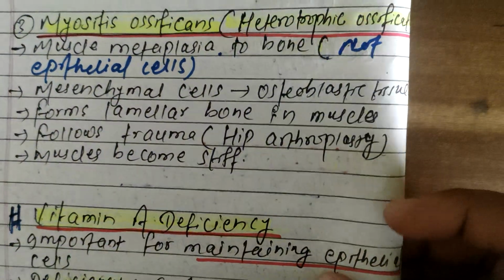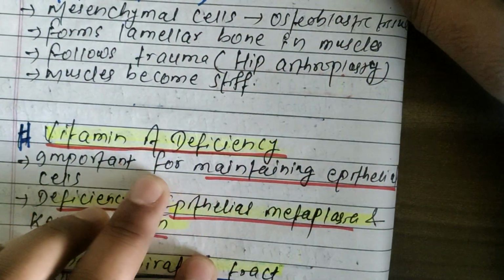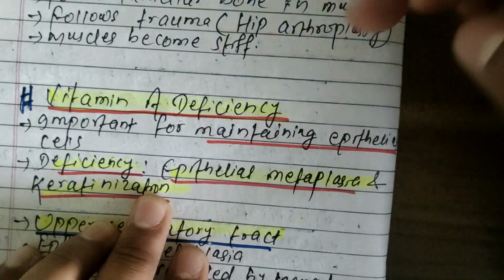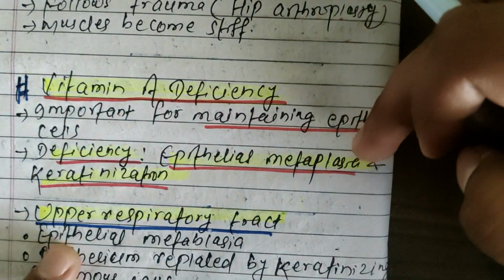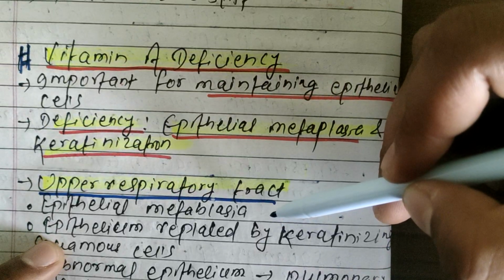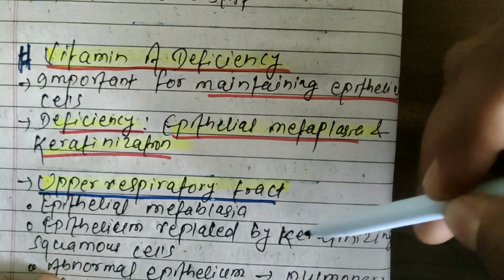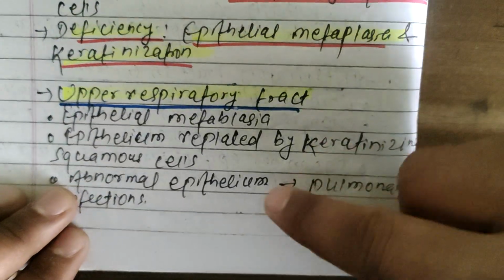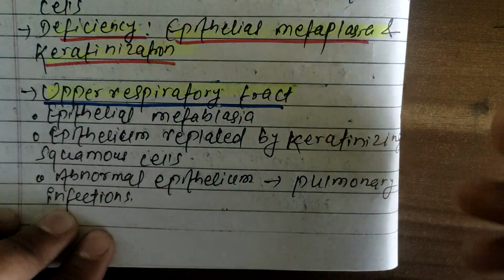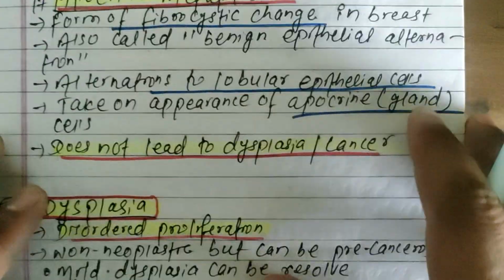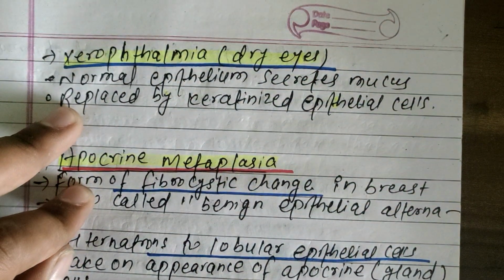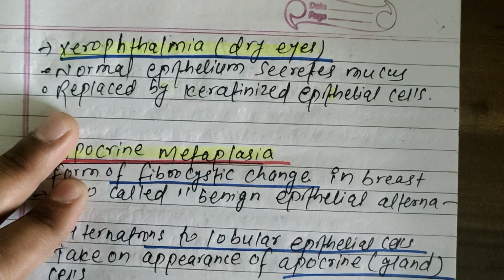Now let's talk about some related things about metaplasia. There is vitamin A deficiency. Vitamin A is important for maintaining epithelial cells, and its deficiency causes epithelial metaplasia and keratinization. Similarly, in the upper tract, the epithelium is replaced by keratinizing squamous cells, and this abnormal epithelium causes pulmonary infections. Vitamin A deficiency also causes xerophthalmia, dry eyes. Normal epithelium secretes mucus, but it is replaced by keratinized epithelial cells due to the lack